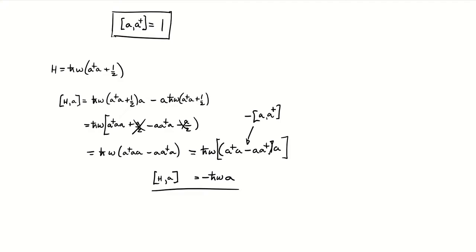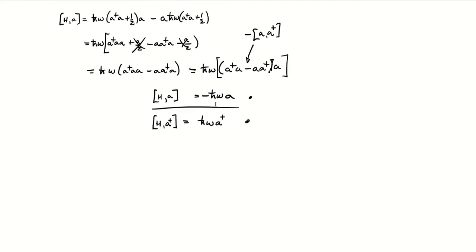Similarly, if we did the other way and we looked at the other operator and did the commutation relation with the raising operator, this would just be h bar omega A dagger, right? So we have a couple commutation relations we've looked at with our raising and lowering operators, with the Hamiltonian, and with each other. We can actually use these to show the entire spectrum, and we'll see why they get the raising and lowering operator names from the commutation relations.